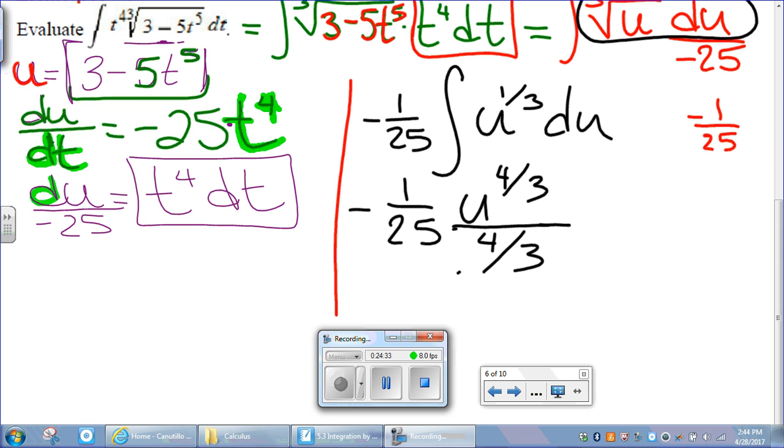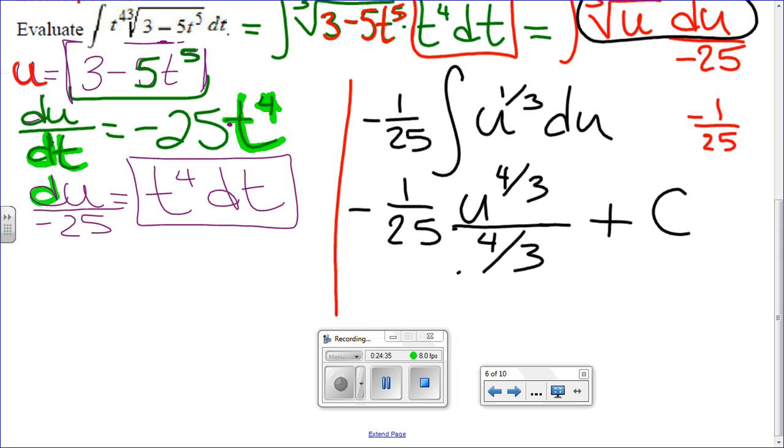Okay, and we have that plus c. Now, what we have here, what will be the denominator? We'll have a fraction over a fraction, so what's the denominator of u? 1. So if we have u to the power 4/3 over 1, and then we divide